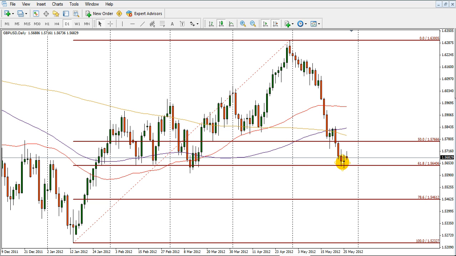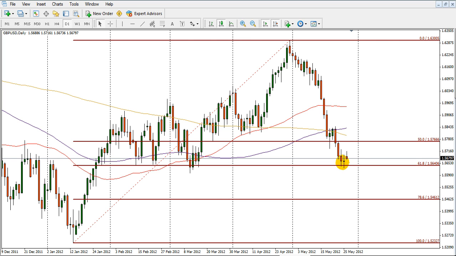The key thing about the 61.8 level is that it was also good support over to this left area here. We had a very nice bounce there actually to the pip. So that's been a very good level of support, this 156.40 level. And you can already see we've already had some buyers coming in at this level, but it's still looking heavy